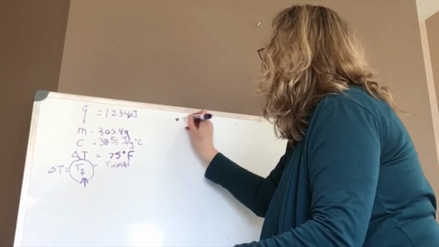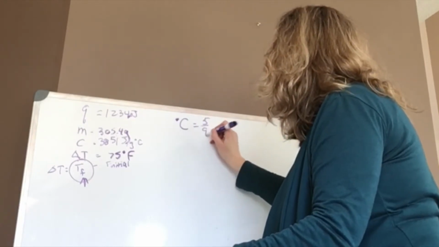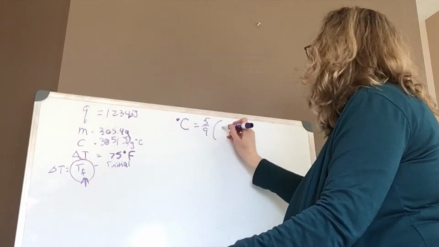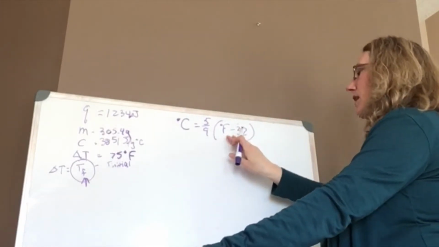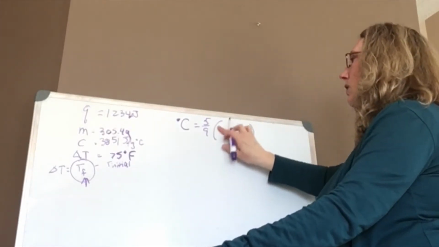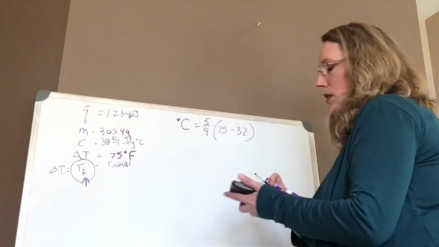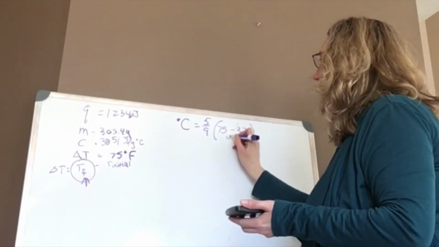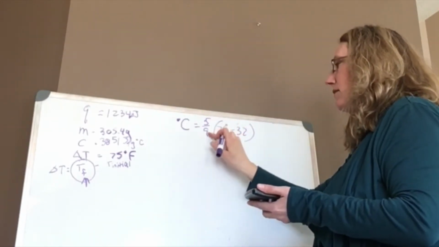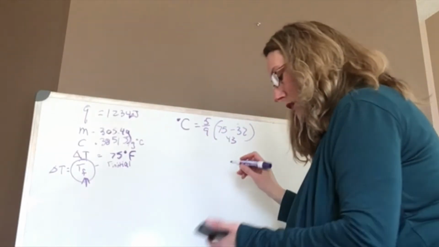Well, degrees C equals 5/9 times your Fahrenheit temperature minus 32. And remember, you have to work inside your parentheses first. So you're going to write 75 minus 32. 75 minus 32 is 43 times 5 divided by 9 equals